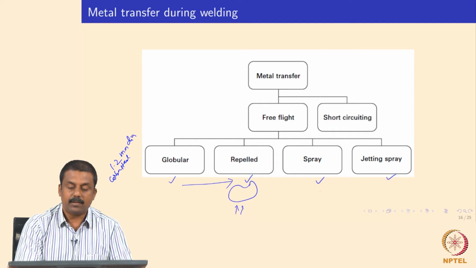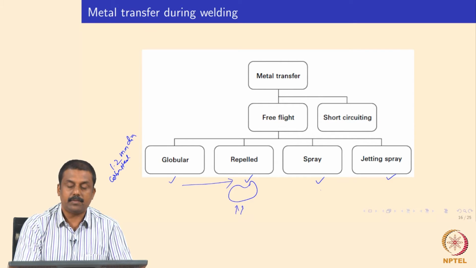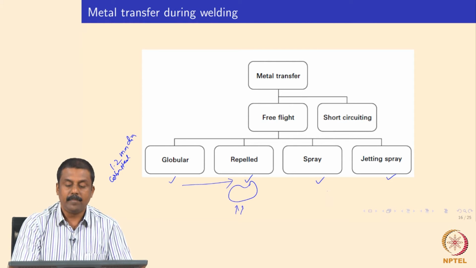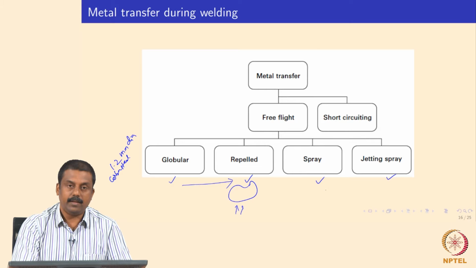In the spray mode, you transfer the droplet continuously, where the diameter of the droplet is much smaller than what you see in globular and repelled mode. This happens by increasing the current significantly, where your droplet can be transferred with a very low diameter compared to the globular and ripple. And this transfer is possible by increasing Lorentzian forces. Lorentzian forces aid the droplet detachment significantly, wherein the molten droplet can be transferred in a much smaller diameter. And generally the diameter in the spray mode